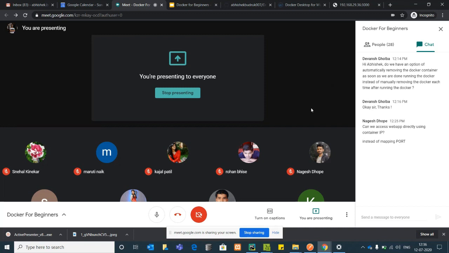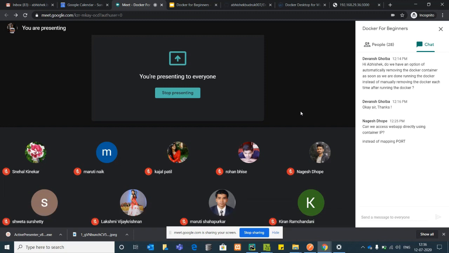So how to use this container host name is that we can define one Docker Compose file for that. It comes under the advanced session, the Docker Compose file we need to maintain. If you put all the database and the application in one particular bridge network, you can directly use the name of the container as the host name inside your application. This is how the application container and your database container will communicate. Okay, thanks. Okay, got it right? Yes. Yeah, great.